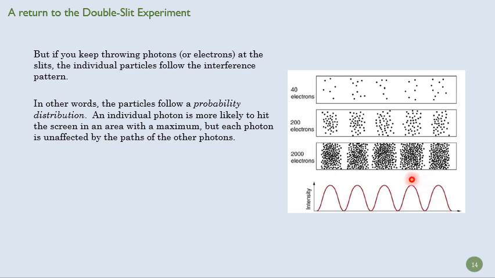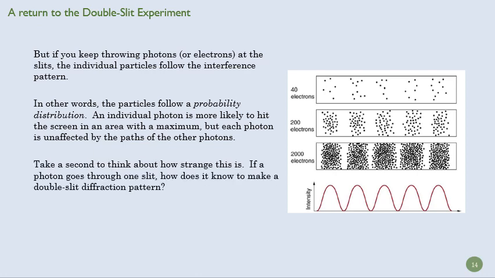What's weird about that is that when we talked about this, we explained it as an interference of waves, right? We had two slots or multiple slots. A wave going through one slot interfered with another slot, and when those waves were in phase, you get a high intensity. When they were out of phase, you get low intensity. But here, we're just talking about one photon at a time. What are they interfering with?